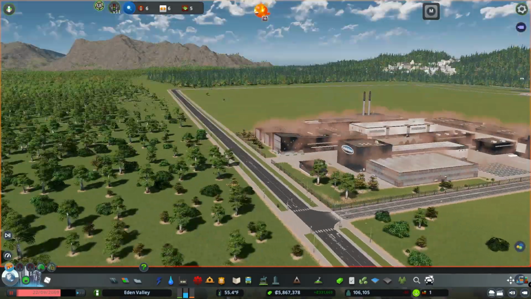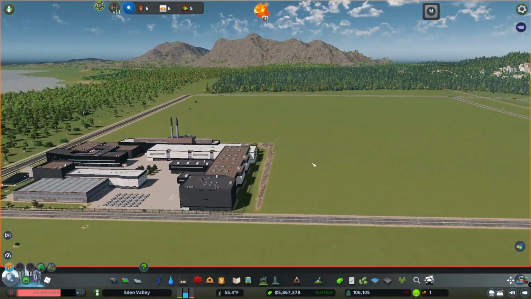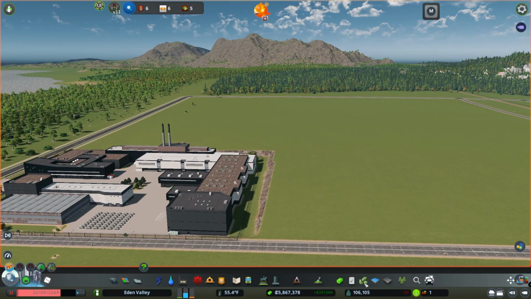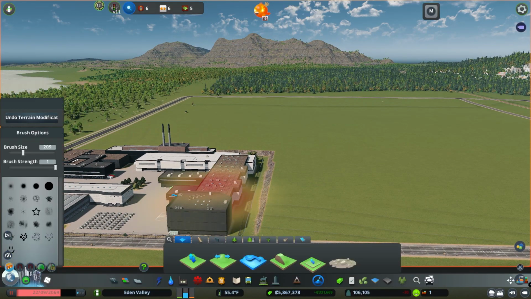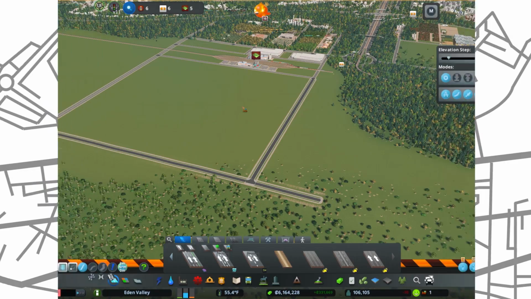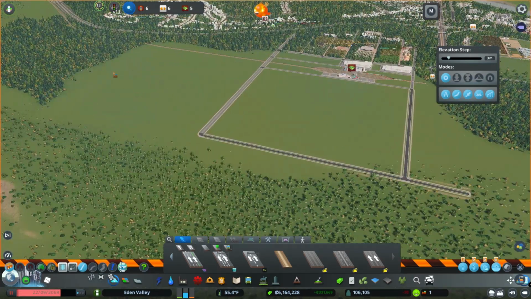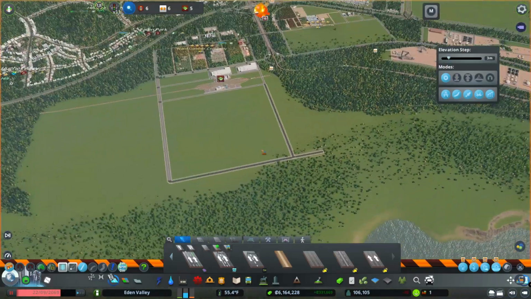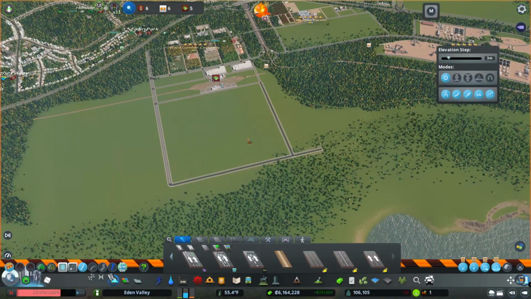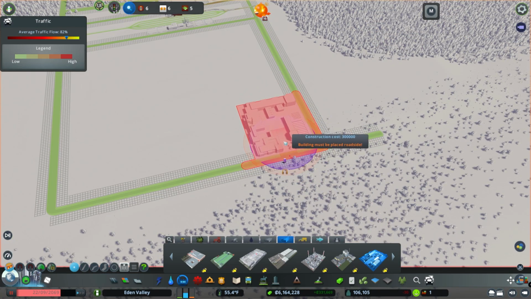That right there, and it carves up. What I want to do actually is, I went ahead and fixed it. I flattened this area and then I extended it out to here because we'll probably have to go far. So, okay, back to where we were. I'm gonna put the car factory